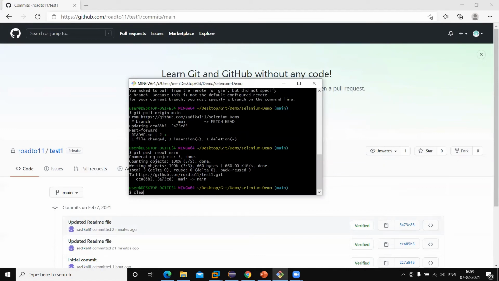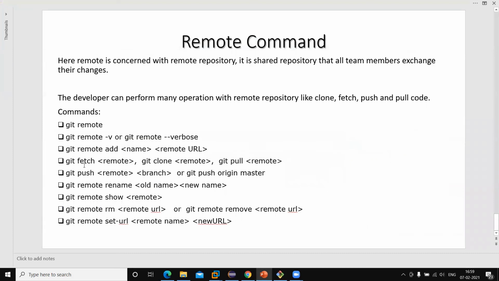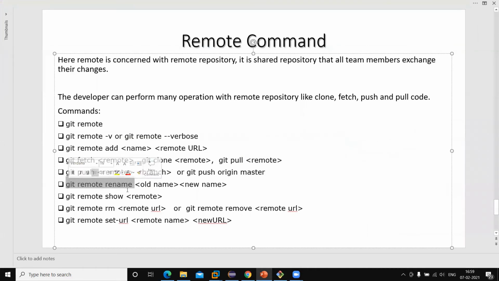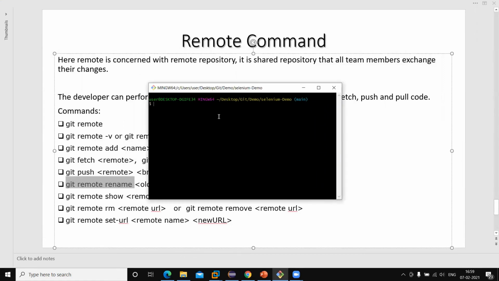Next we can remove the names as well as run other commands. So let me show the next command. If you want to rename the remote name here, then we need to run the command git remote rename.